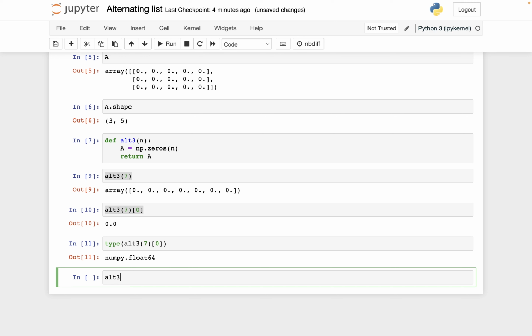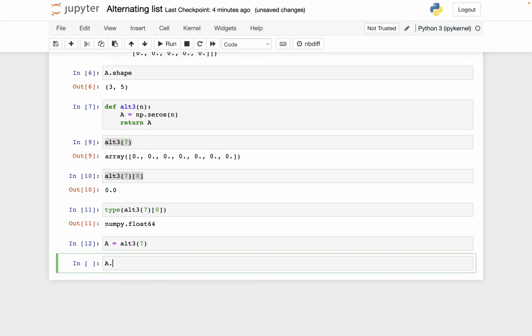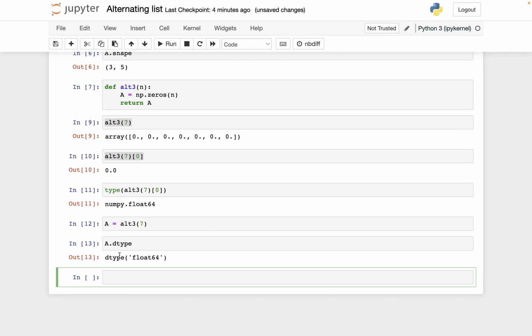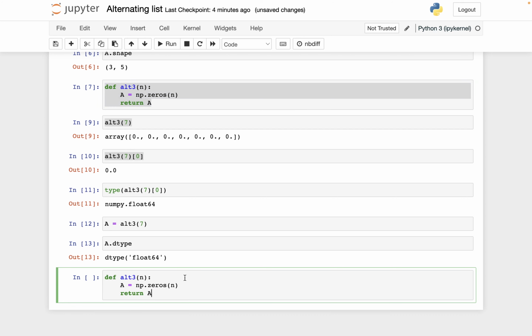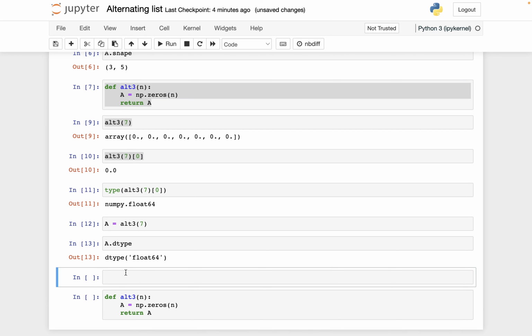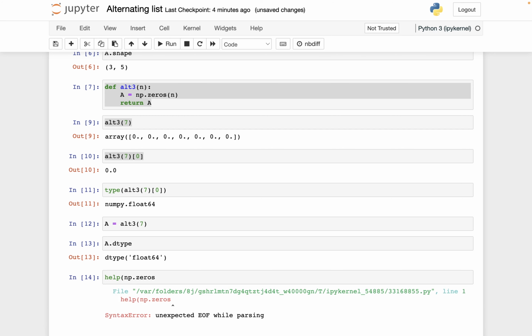So let me save this with the name capital A. And I can check what is the data type overall. And this says the data type is float64, the same thing we got here. And so let's change the definition a little bit. If I check help(np.zeros), and make sure you don't put any parentheses after this,